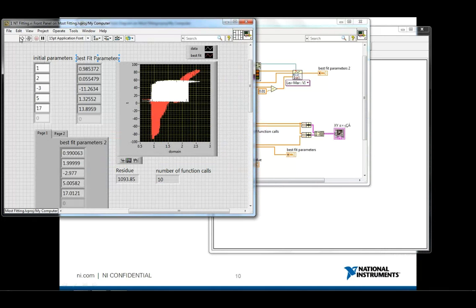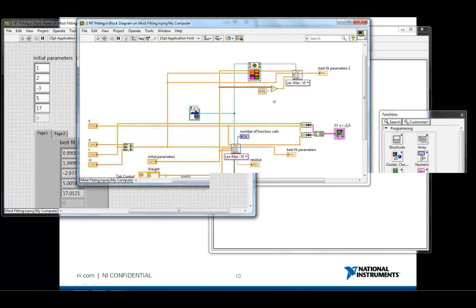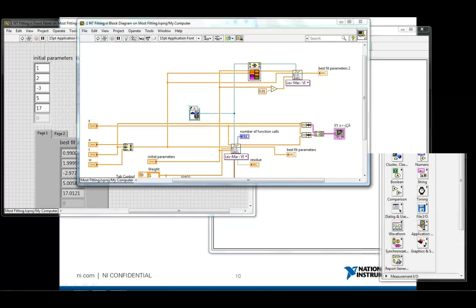So if I take a look at the best fit parameters that come out of that little exercise, I expect to be able to recover these values exactly. And you can see that I don't. So it indicates that there is something wrong with the model function. So if we take a look at the model function again,